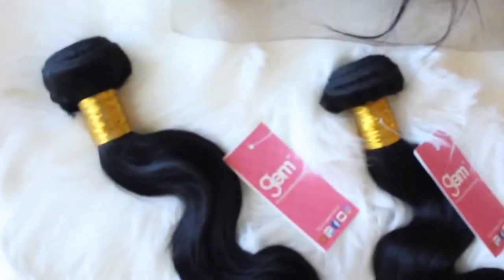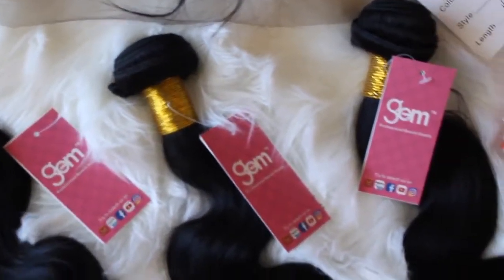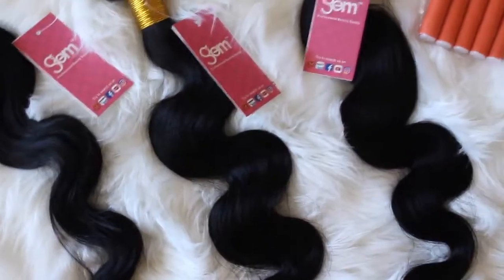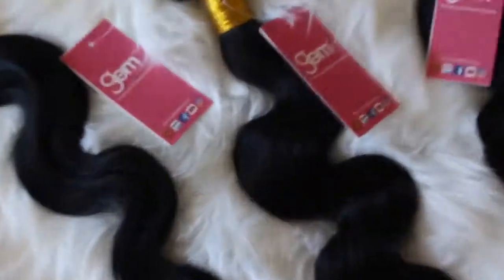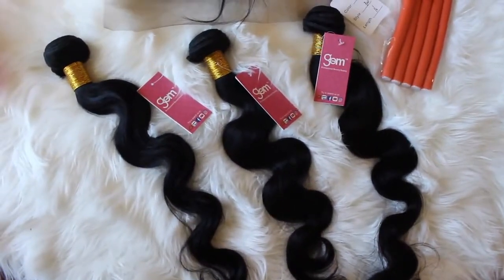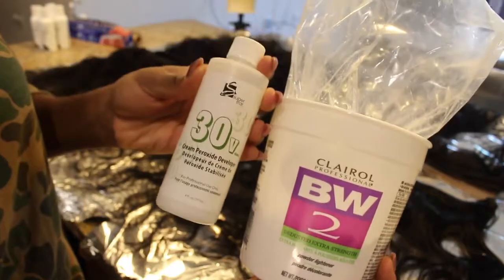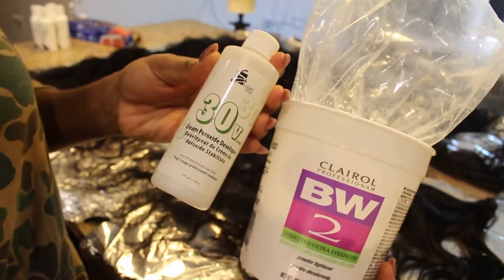Today I'll be sharing how I achieved that bomb fall hair color. I'll be doing this using Gem Beauty's Brazilian Body Wave. I have 3 bundles and a frontal, believe it or not, in the inches 18, 20, and 22 with the 16-inch frontal. So jumping right into the hair coloring process, I use BW2 powder in a 30 volume developer to